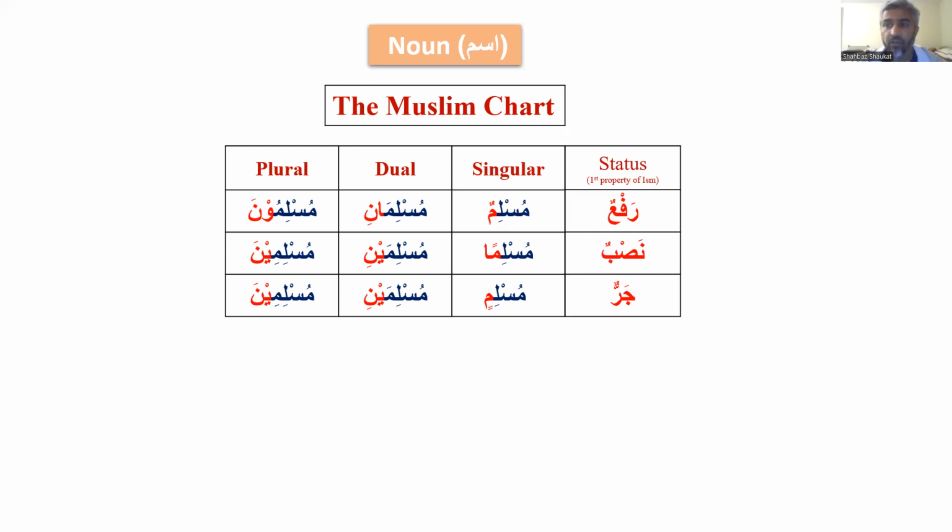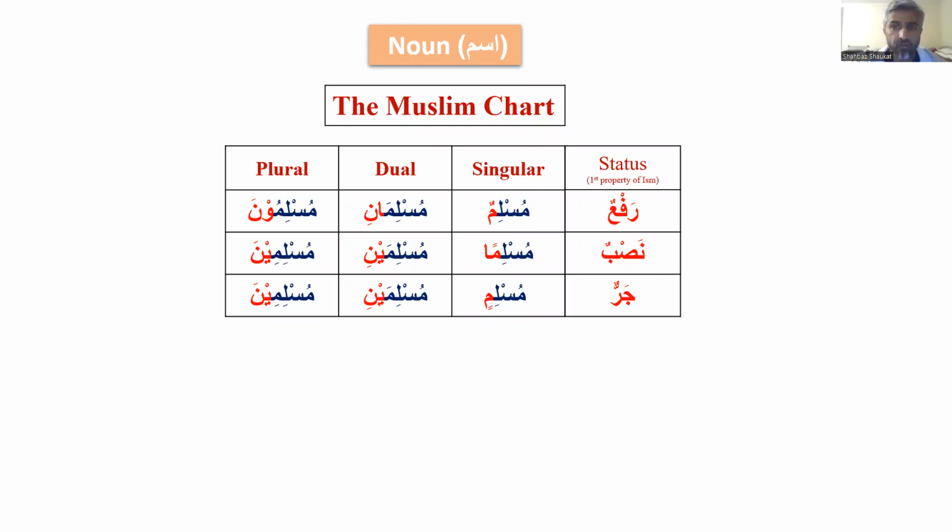In the last class, we also discussed how to look at an ism and identify if it has Rafa status, or Nasab status, or Jar status. How would we know for a singular word that it has Rafa status? Anusha. By looking at the last letters. Rafa will be like a Dhamma. Yeah, the Tanween Dhamma is Rafa, and Nasab is a Tanween Fatha, and then Jar is Tanween Kasra.